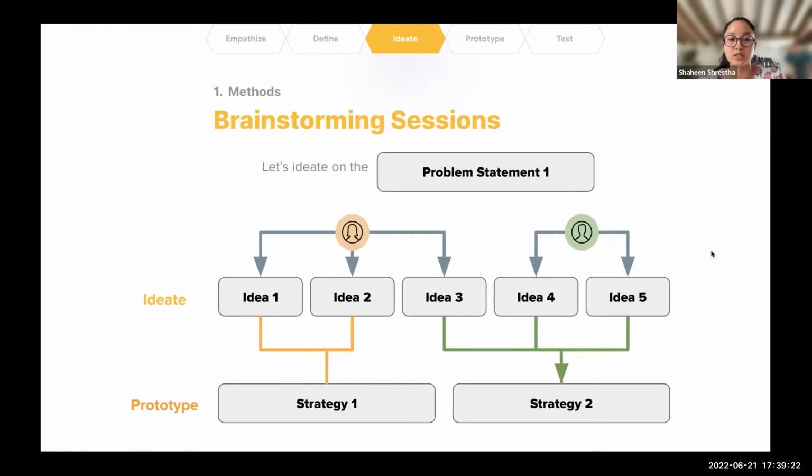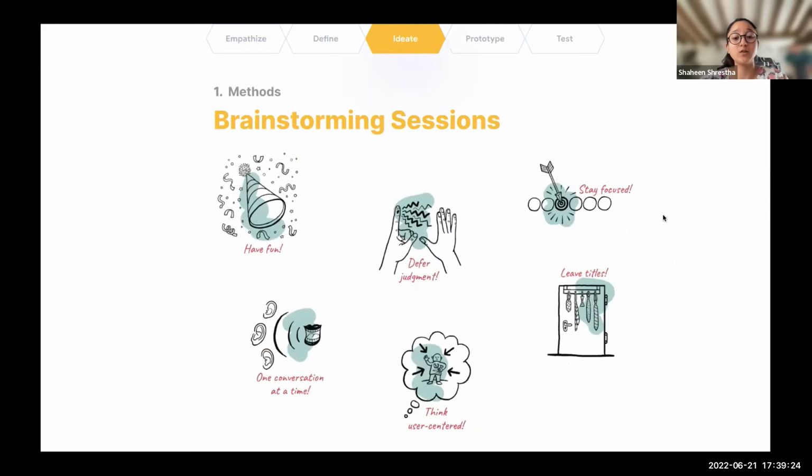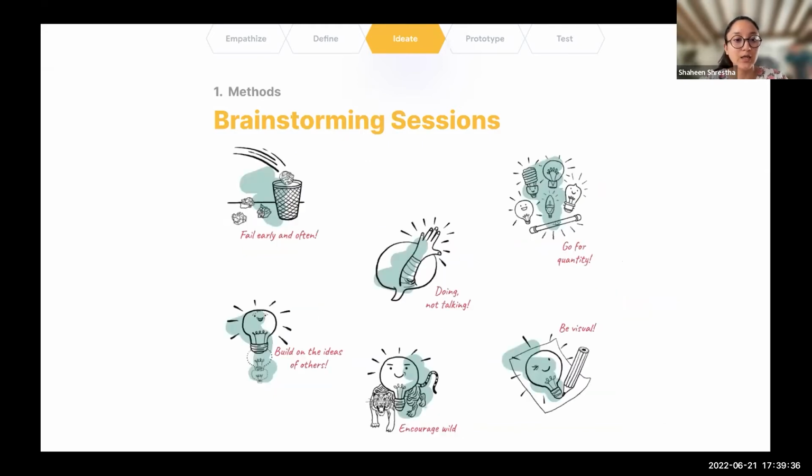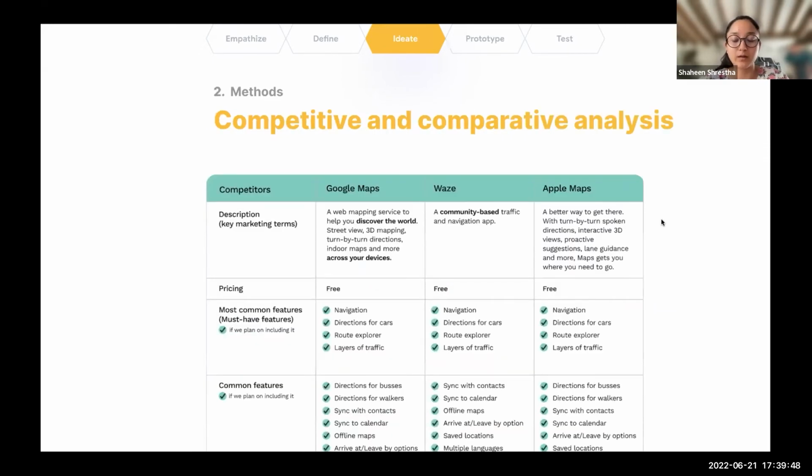Every person will think of a solution for that problem statement and your brainstorming sessions as I said before we have a lot of fun we stay focused time bound we tend to we are focused I mean judge gardenam ek arkalai we don't feel afraid to fail we keep ideating we don't stop doing that we always look for quantity I mean comparative analysis is the same as before we again we do more research